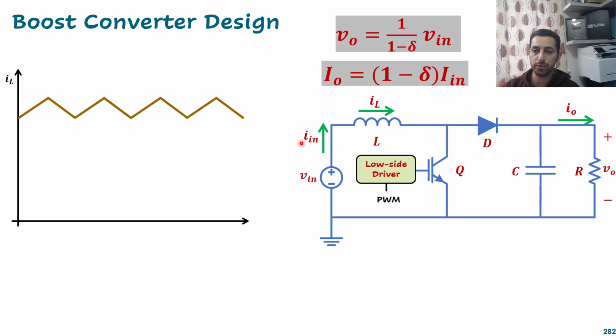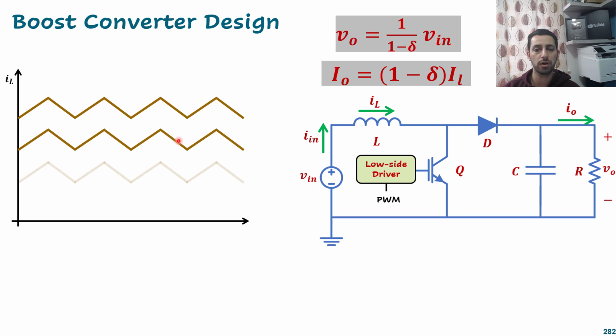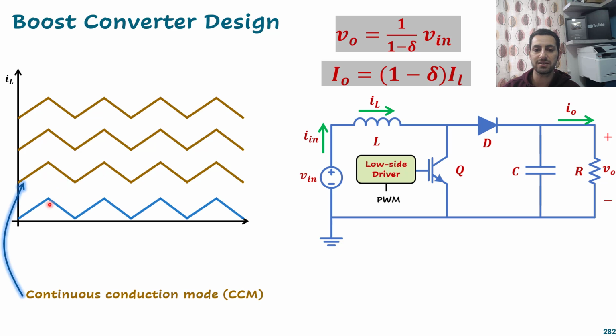But we know that I input here is the same as IL, okay? So the relation between I output and IL is the same as the relation of I output and I input, okay? So we can really use that equation just to explain what will happen. When I output has a significant value, the IL also will ripple across a significant value, and when I output decreases more and more, that also will decrease the average current of the inductor without increasing that ripple, but we will continue decreasing that until we get some boundary conditions here, and then we go to